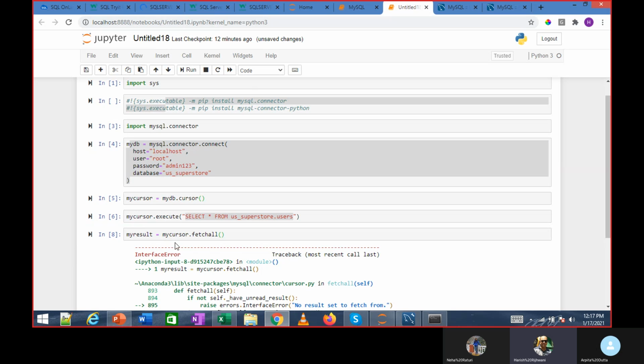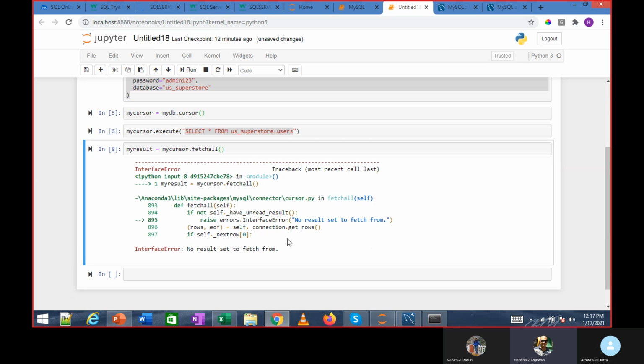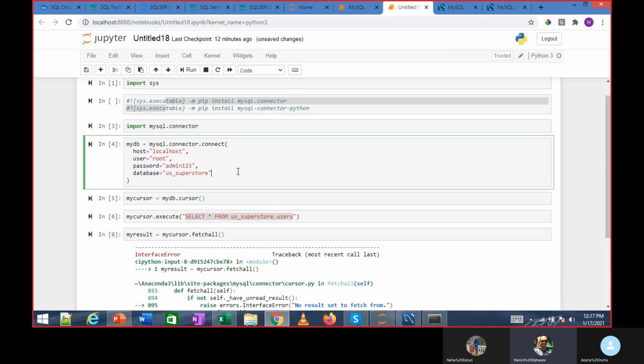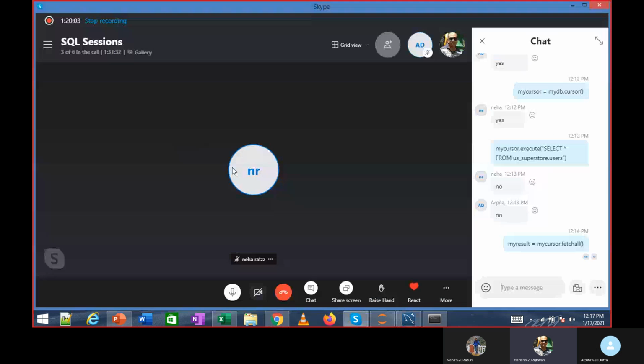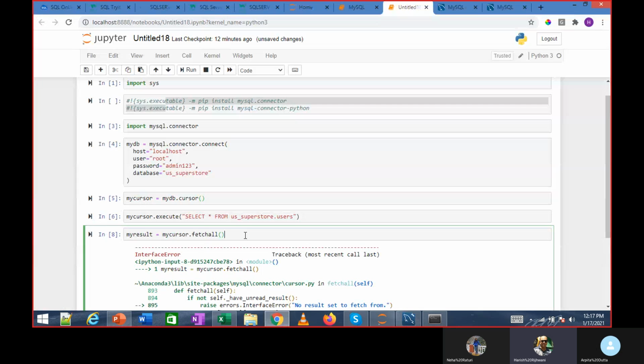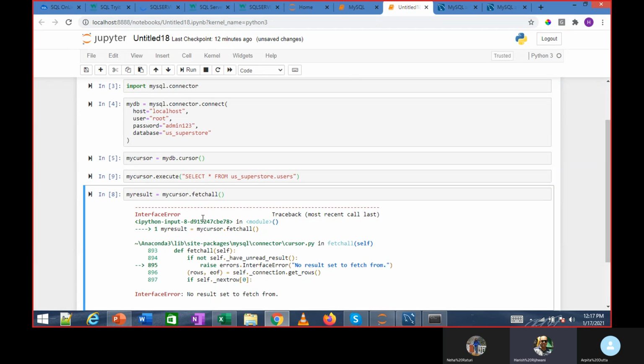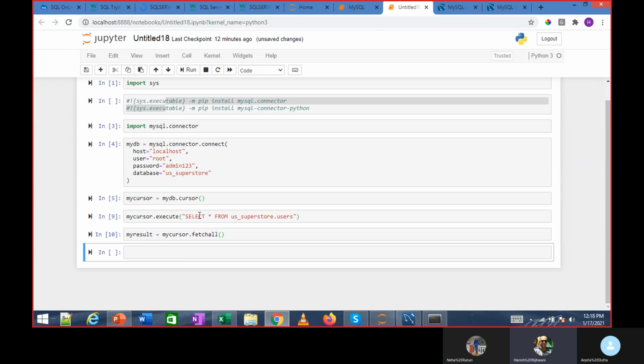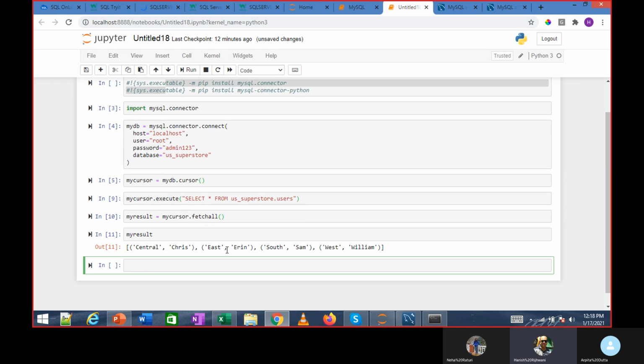When you run this, I run this. Okay. So we have my result also. If I just print my result, see this data which we got, whatever you've got, right?